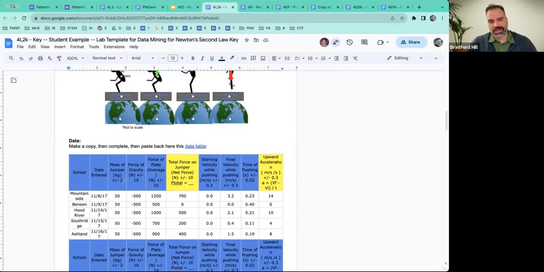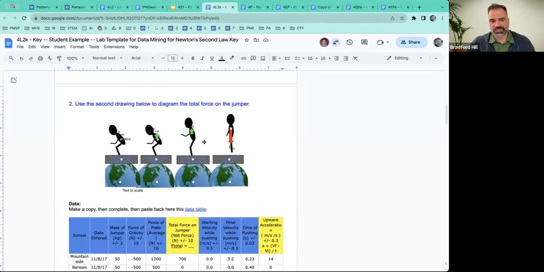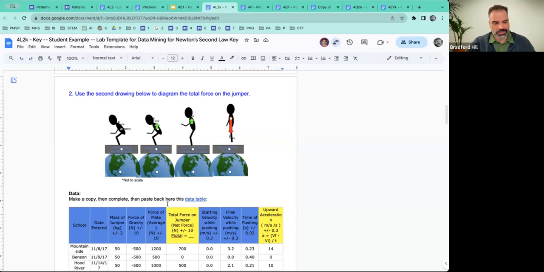This one, we actually have them data mine. So they take existing data sets. We do suggest demoing this, having students jump and record it. It's just so messy. You don't get a clean data set. It's really crazy. However, it might be a year or 2 away, but if you have the ability to start making some purchases,